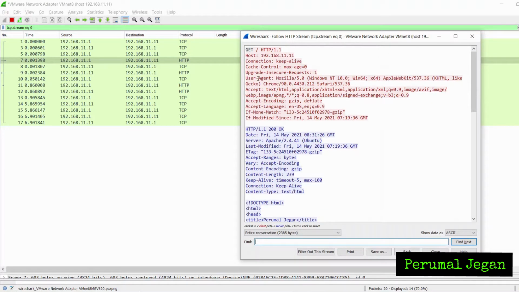There are a few other popular HTTP methods. For example, let's say the POST method. When you enter a website and it asks you to fill in a form or enter some information, you are giving some information to the web server. In that case, the web client usually uses the POST method.